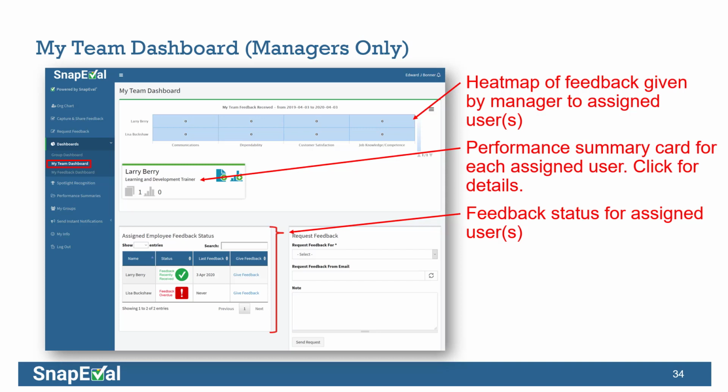you. By the way, if Lisa had received feedback from someone else in the organization other than yourself, and you had not provided feedback to Lisa for quite some period of time, the red feedback indicator would still apply. In other words, these are just indicators that indicate whether you, as that person's assigned manager, have given feedback to that particular employee. And then there's a place here where you can request feedback for one of your employees on